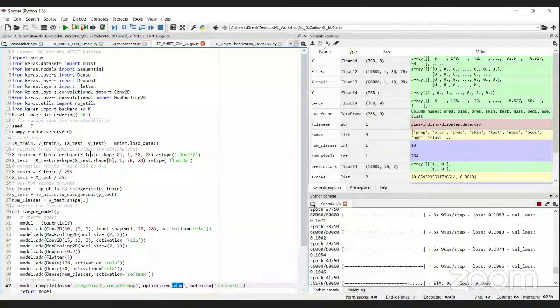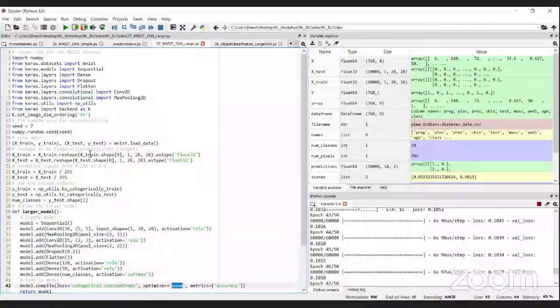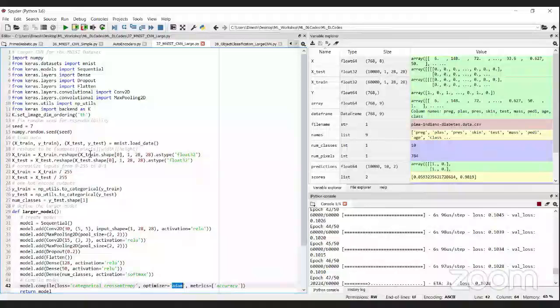Is there any interpretable classifier available currently? If you are talking about interpretable AI, there are class activation maps available. We call them Grad-CAM, class activation maps and gradient class activation maps, which identify on what basis a particular image was classified into a particular class. Those regions will be highlighted.